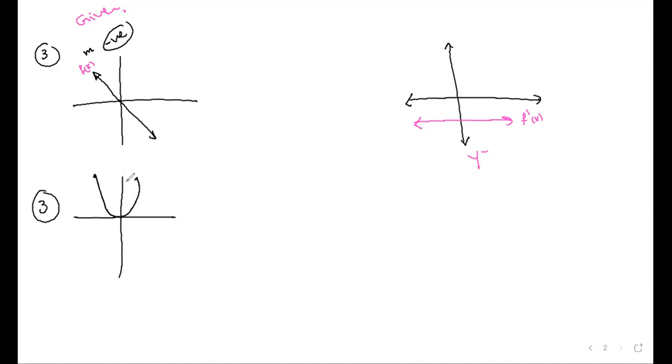What is the slope of that, f of x? As I told you before, the derivative is the slope of the tangent. I'll show you how we sketch the derivative of the given graph of f of x. At the x here, we have a horizontal tangent line, so the slope of the tangent here, which means the derivative, is 0. Here, as you see, as x goes from 0 to infinity, the slope